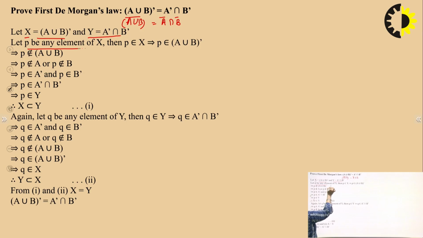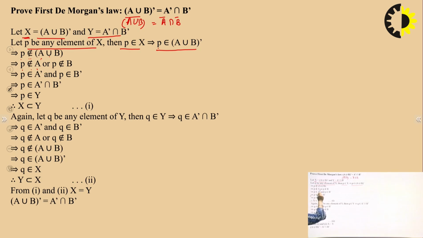Let P be any element of X, so P belongs to X. Then P belongs to X, it means what is X having the value? (A union B)'s complement. So we can say P belongs to (A union B)'s complement. Now, if it is belonging to (A union B)'s complement, that means P does not belong to A union B. If P does not belong to A union B, we can write it as P does not belong to A